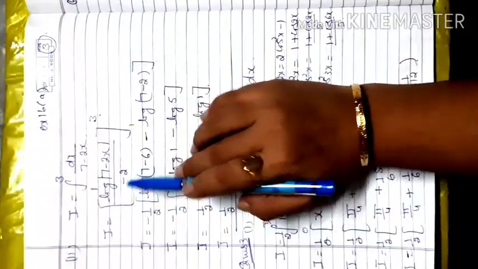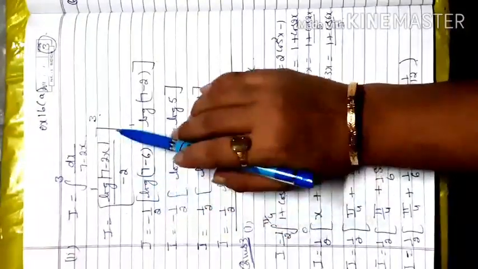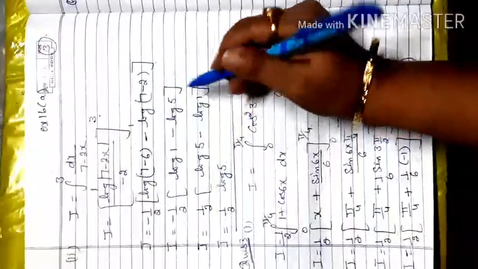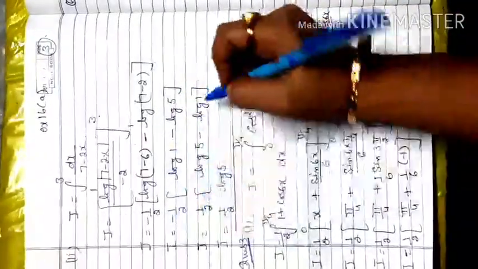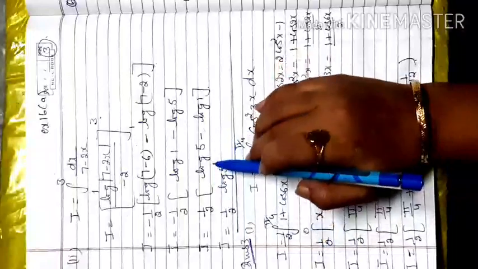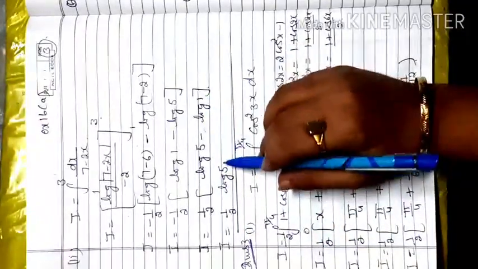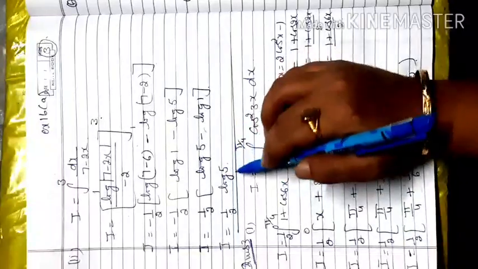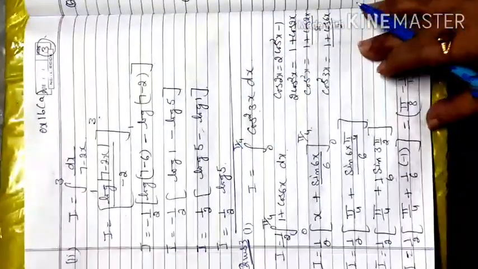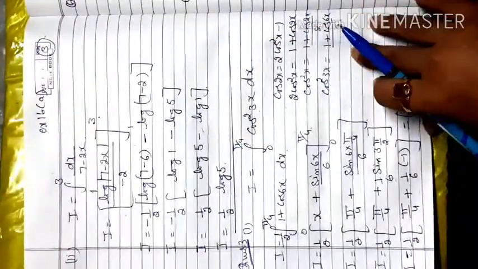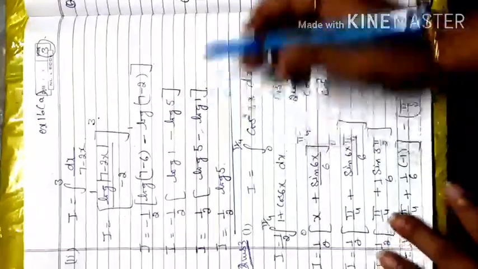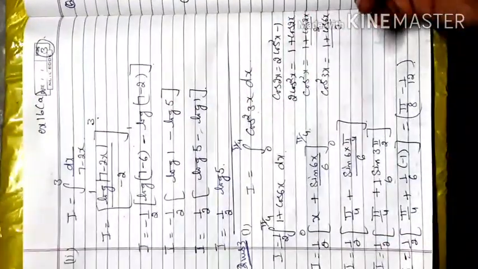So sorry, minus 2, and the minus 1 by 2, keep it outside, apply the limit, you will get log 1 minus log 5. Take a negative sign common outside to make it positive, then log 5 minus log 1, and log m minus log n is log m upon n, 5 upon 1, so that is log 5. Or either you can go directly with that. Log 1 value is 0, again you will get log 5.